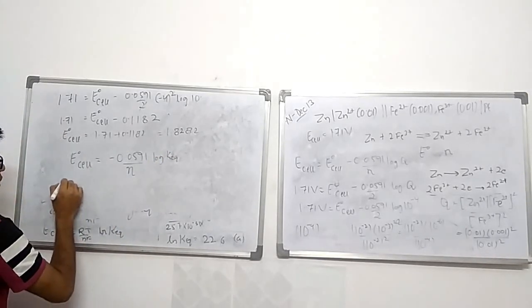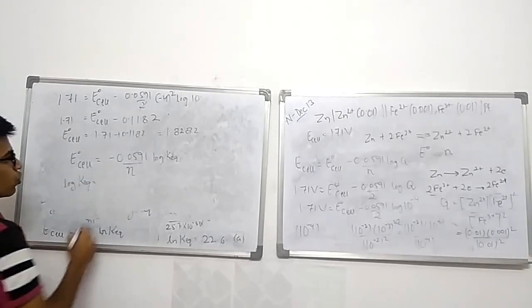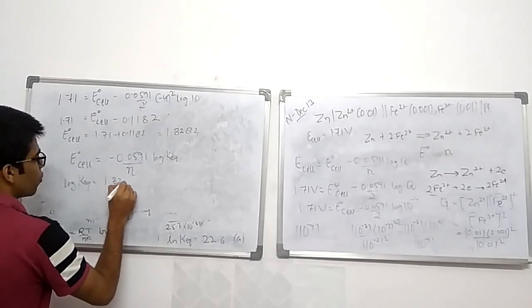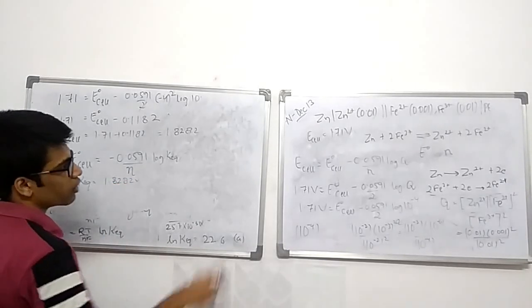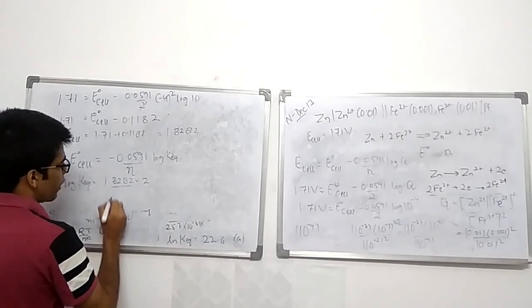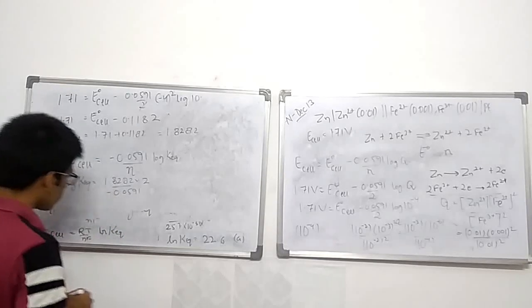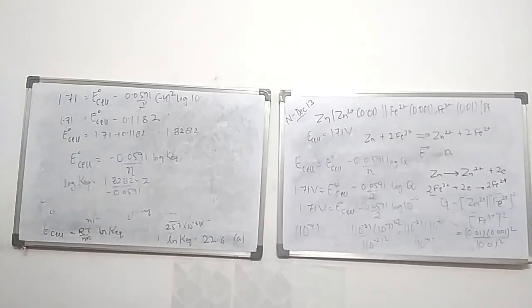So I get log K equilibrium is equal to 1.8282. N is what? 2 electron exchange is happening, divided by negative of 0.0591. So on solving this, we would get